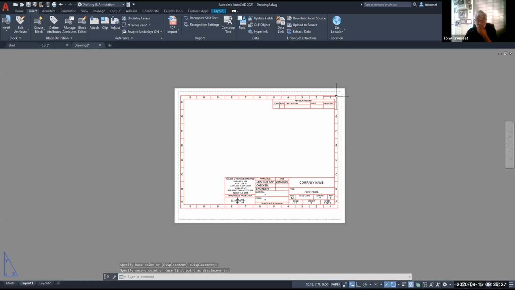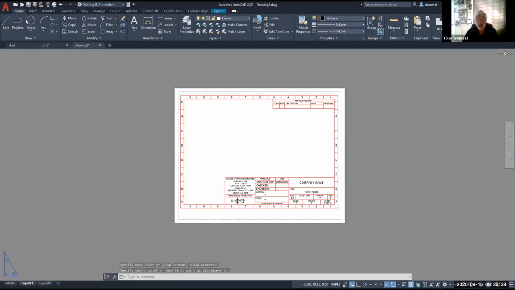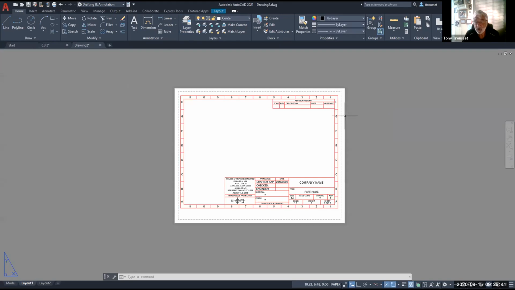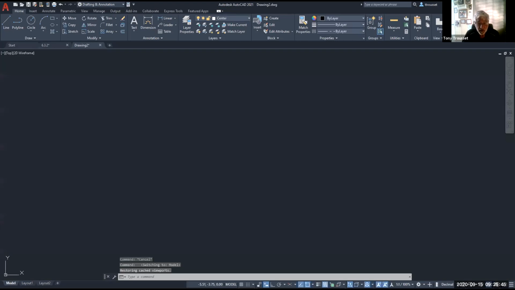Okay, so now if I come up to layers, I have all these layers, right? Which one did you open originally? I think that was it. I think it was this one. Now let's see, let's go to model space. It's not there. You know why? Because I